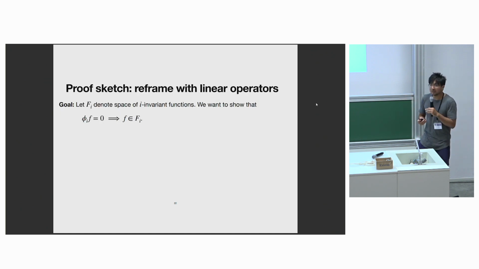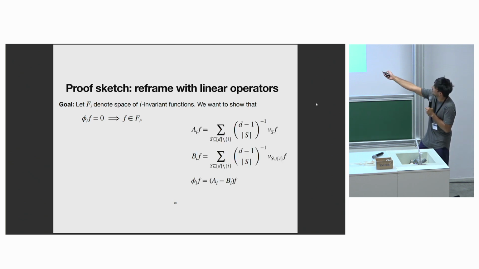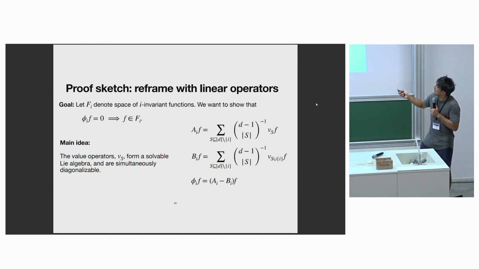So I have like 30 seconds left, so I'm going to sketch the proof in 30 seconds. Basically, if you write out what the SHAP values are, they look something like this. And these V sub S terms are the key things that you use. Basically, they're how you understand your function, S features at a time, where S is a subset of your D features. And the main idea is to realize that as operators, these are linear operators, and they form together a solvable Lie algebra. When you play with these SHAP operators together, they have a lot of nice mathematical properties, and we can exploit them to find this algebraic structure.